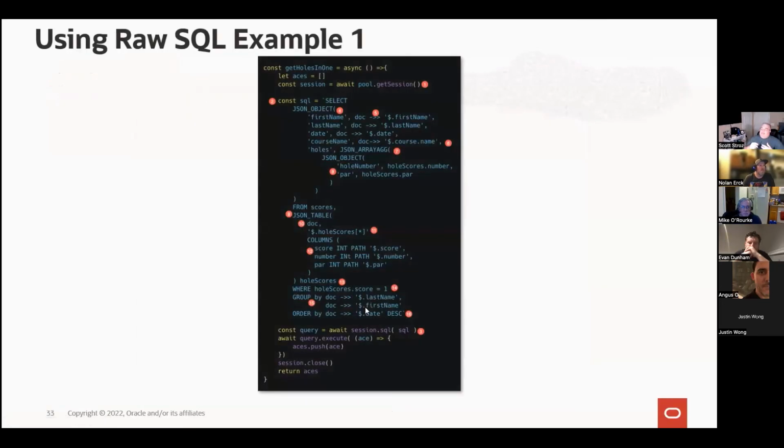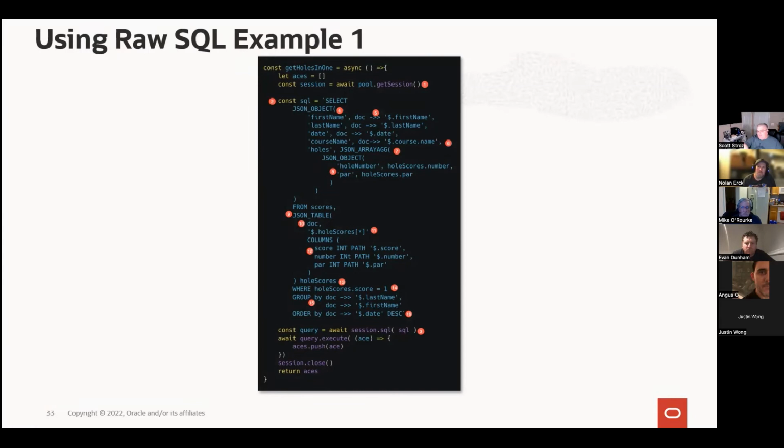So now we're going to talk about what I think is the really, really, really powerful thing about MySQL Document Store. And that's being able to use raw SQL. So we're really not using the document store now. We're actually going to be hitting the underlying table as if we were running this query in MySQL Workbench or MySQL Shell under SQL